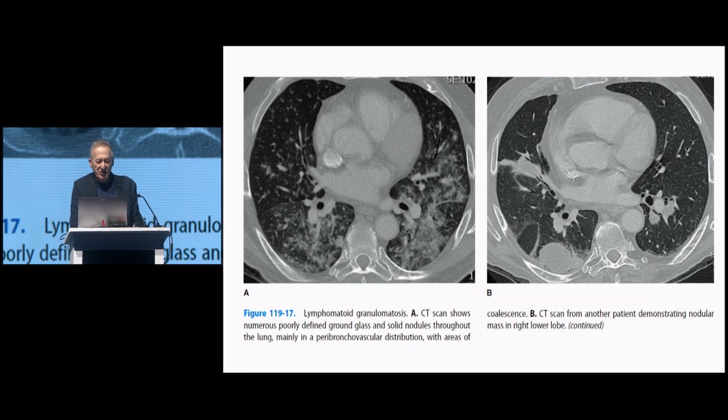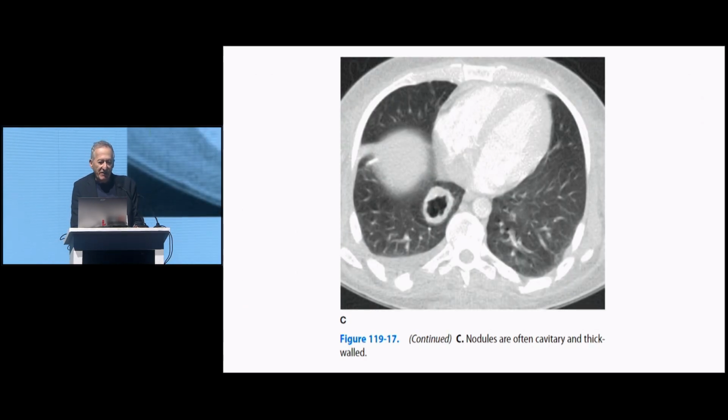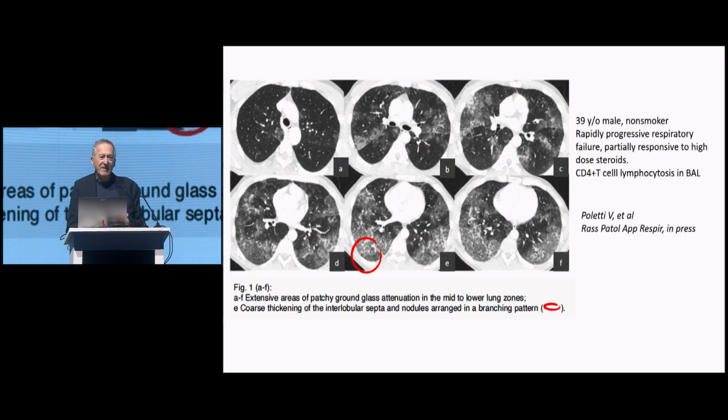Lymphomatoid granulomatosis in the lung can manifest with nodules, alveolar consolidation, and cavitated nodules. This was a 39-year-old male, non-smoker, admitted to our hospital for rapidly progressive respiratory failure, partially responsive to high-dose steroids. He had a CD4 lymphocytosis in BAL,